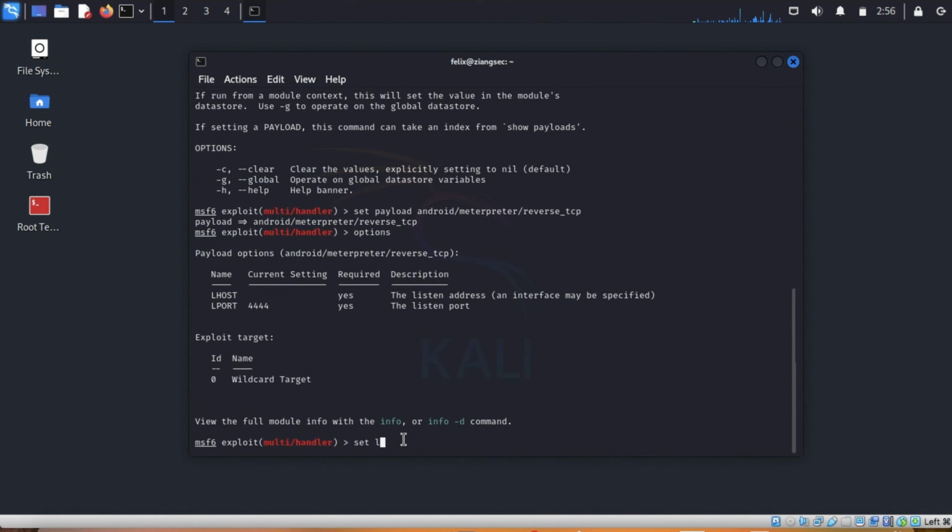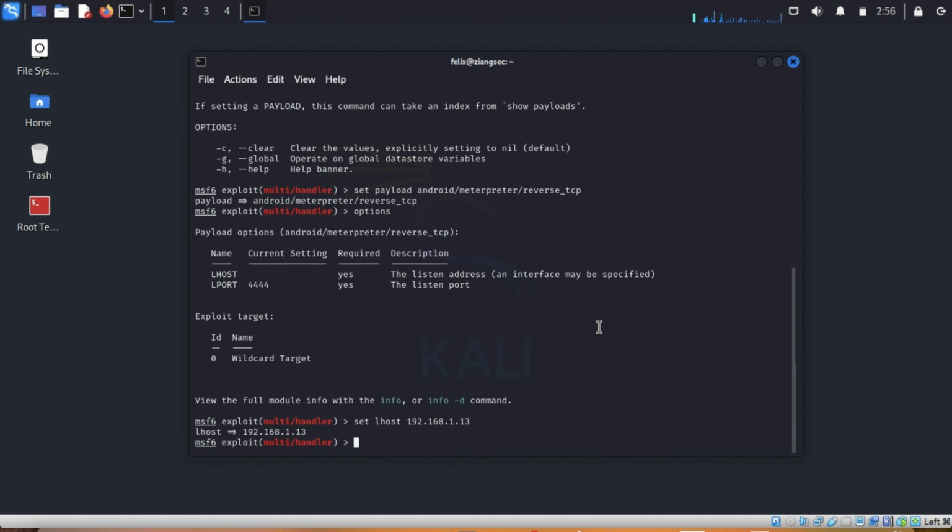So set LHOST 192.168.1.13. Again, this LHOST is the IP address of the computer that will be listening for any communication from the APK.